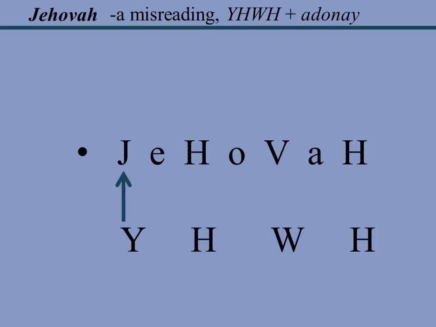YHWH. Now the vowels themselves come from the vowels of Adonai. Adonai's first vowel has the ability to make either an A or E sound, and you can see here in Jehovah that the E was adopted and placed in between. The O of Adonai has moved into Jehovah, and then you can see the A as well has dropped down. So Jehovah, again, is not a term that's found in the Hebrew Bible, though used quite frequently in our vernacular, it seems, is in fact a misreading of Yahweh, the Tetragrammaton, and then the vocalization of Adonai.